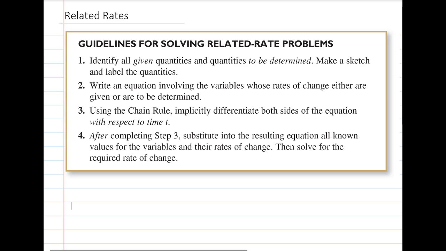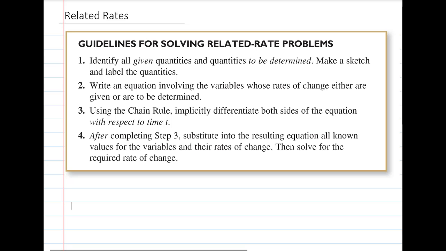These are just common suggestions that will help us set up our problems. Number one, identify all given quantities and quantities to be determined. Make a sketch and label the quantities. In other words, identify the knowns and the unknowns. Number two, write an equation involving the variables whose rates of change are either given or are to be determined. Just like we did for the variables, you also want to do that for the rates of change